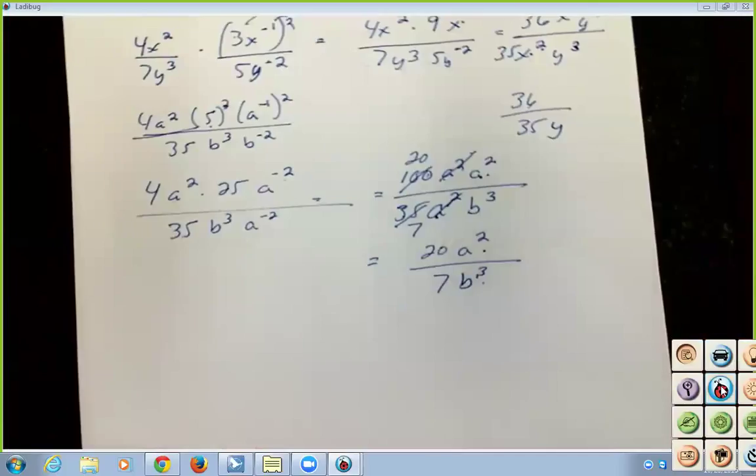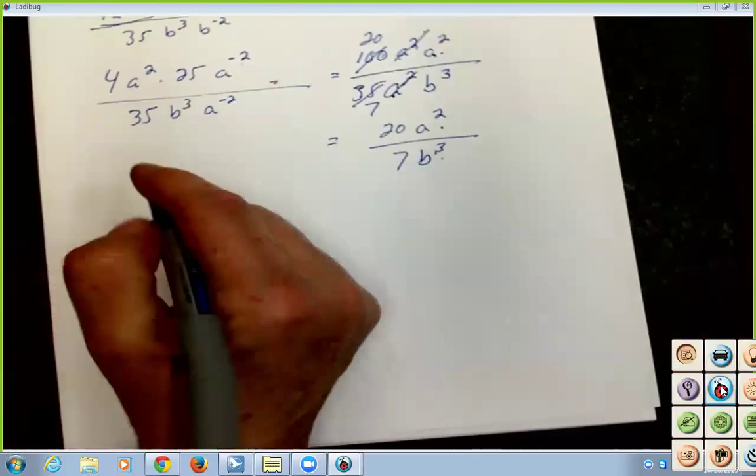So as you go through, you can start to see the stuff that is out of those and what happens to them. Does that help? You want some more? A little bit? Let's go back and see if I can find some other ones in here. How about this one? 3,